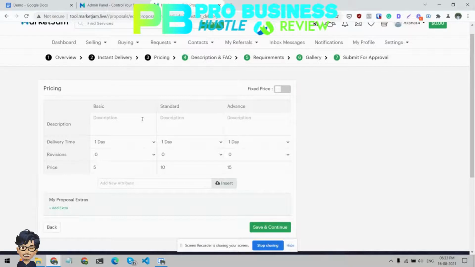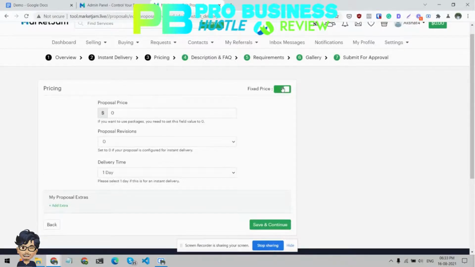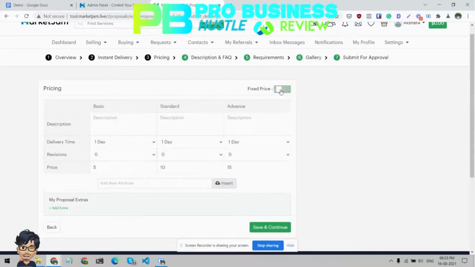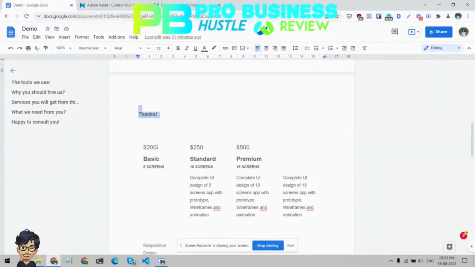So then there are multiple pricing tiers. Either you can go with the fixed pricing, where you can see this is for just $100, $200, 300, 500. It's totally up to you. Or you can set up multiple variants of the service you are selling. So I'm going to go with the multivariants. So the basic one I am selling